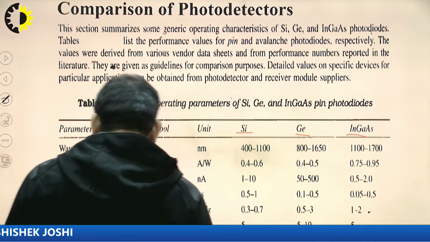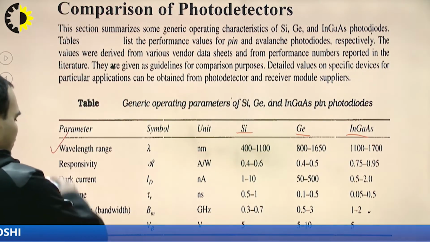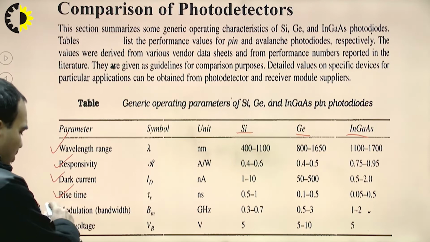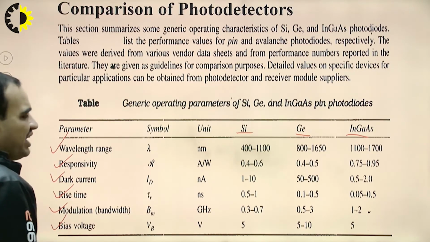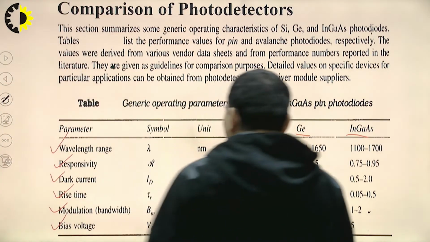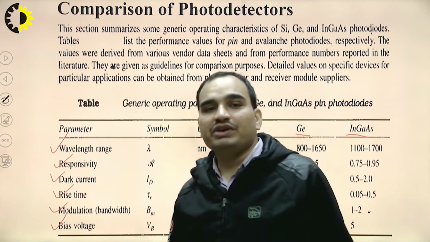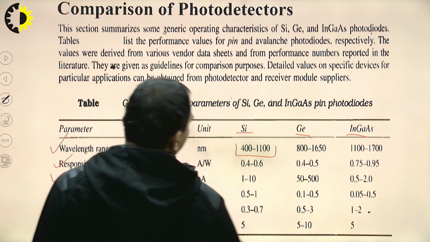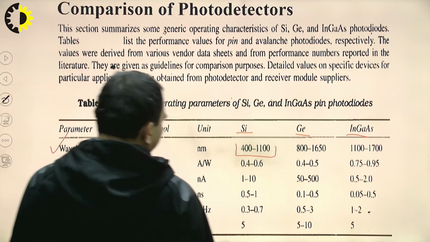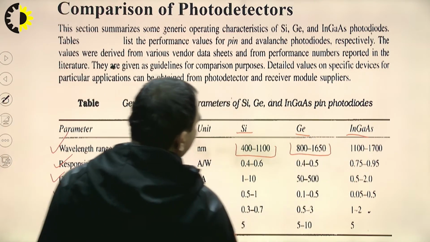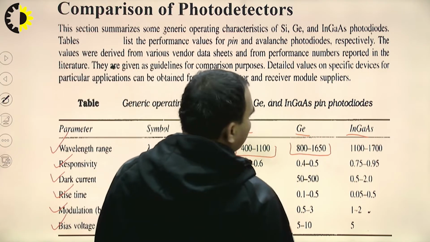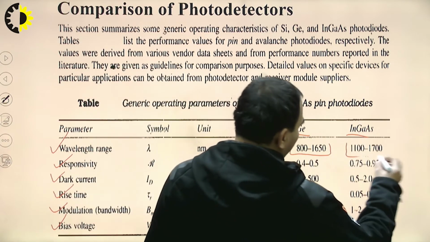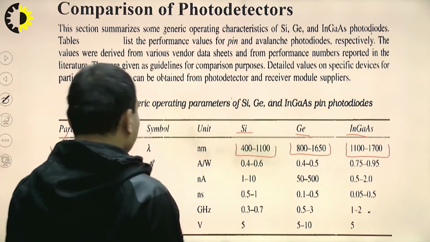The basic parameters are the wavelength range, the responsivity, the dark current, the rise time, the modulation bandwidth and the bias voltage. So let's compare the wavelength. So when we are using silicon as a material, the operating wavelength ranges from 400 to 1100. For germanium, the range is from 800 to 1650. When we are using indium gallium arsenide, we can use a higher wavelength, ranging from 1100 to 1700